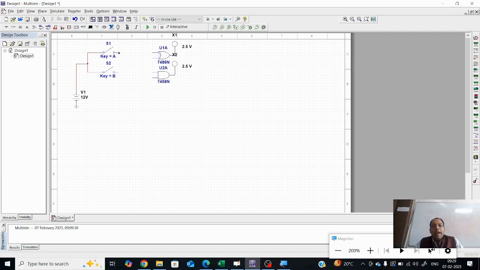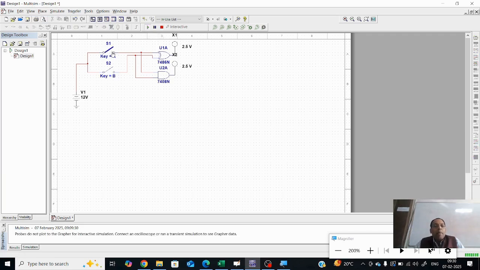For the exclusive OR gate, A is connected and B is connected. So it will give the sum as the output. For the AND gate, again, the first input is A, another input is B. So A and B are connected to the AND gate. It will give the output carry, that is A dot B. The exclusive OR gate will give A exclusive OR B, that is A bar B plus A B bar. Done. Now from here we have to run the simulation.